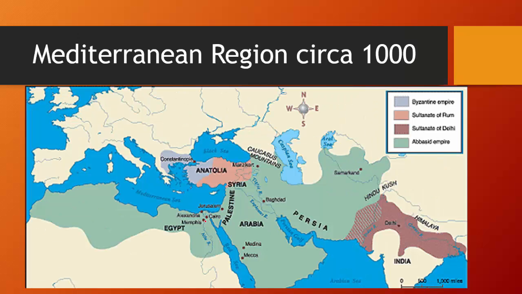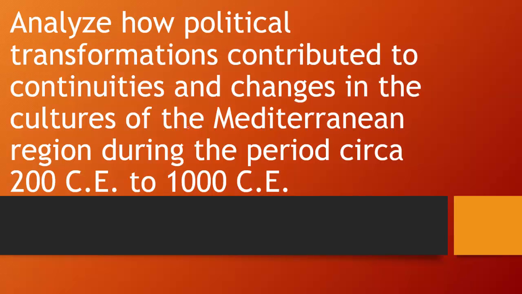And then finally, this is the Mediterranean region around 1000. You'll notice the Byzantine Empire is much smaller than it once was. And then you have these other, like the Abbasids, this whole big area here in green that has taken over as well. So you are focusing on, for this essay, Rome, the Byzantine Empire, and the Islamic Caliphates. That should be the things that you're thinking about for this essay. So those hopefully were the things that you looked up when you started considering your evidence for the essay. So now let's look at this essay question.